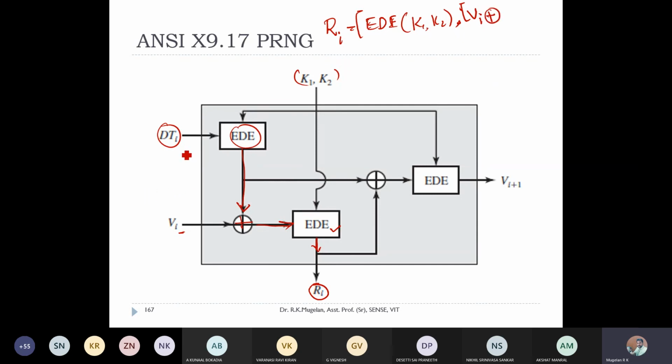Vi XOR with EDE of K1 comma K2 on the input DTi.